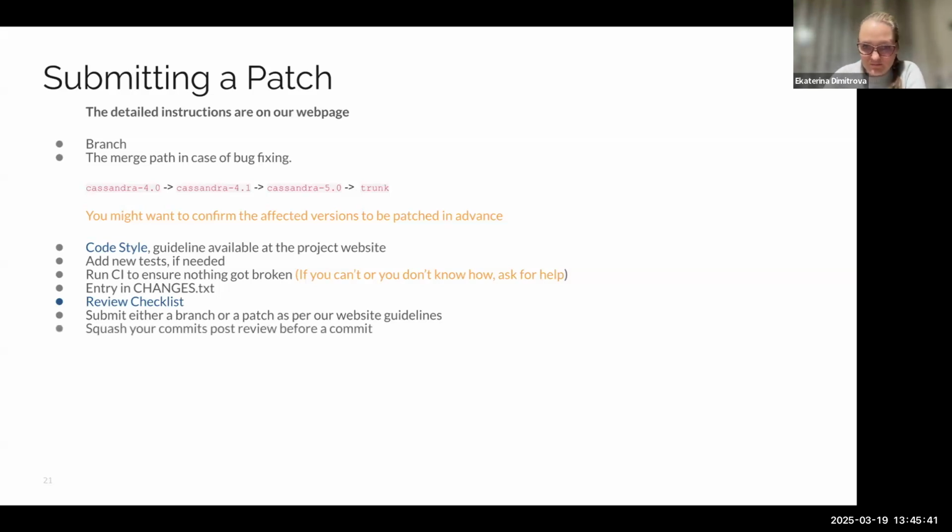Squash your commits post-review, before a commit. That's a good practice. I believe on the website there is a guideline on how a commit should look: it starts with the Cassandra ticket number, then you provide a short description, and then you say patch from this and this person, reviewed by this and this person. Sometimes this is just written by the committer who will commit your work,